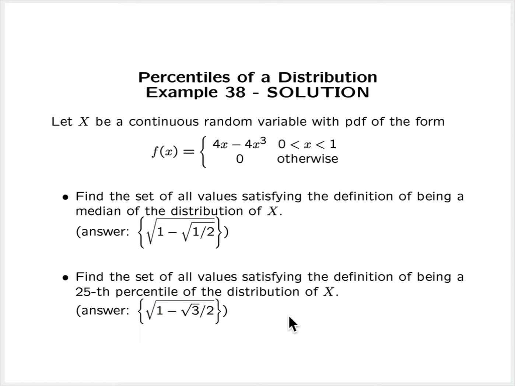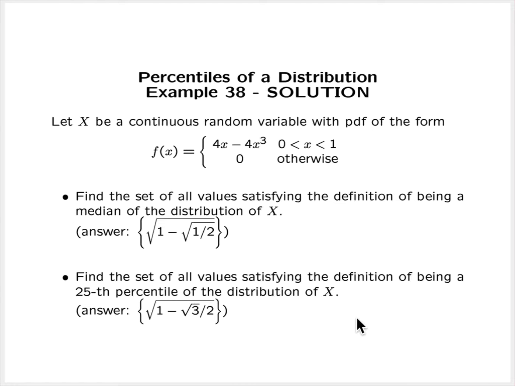So that wraps up this particular lecture video, looking at how to calculate percentiles for distributions of continuous random variables. We see that because the random variables are continuous, the nature of the distribution is such that, in order to find a particular percentile, it suffices to solve a single equation. We don't have to worry about showing that two conditions are satisfied. That is done automatically